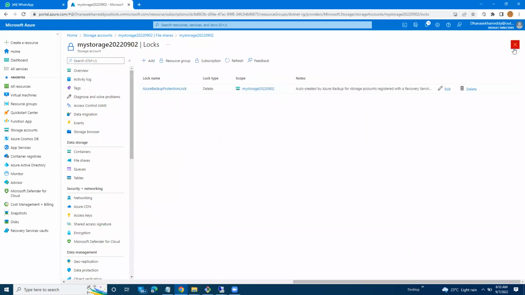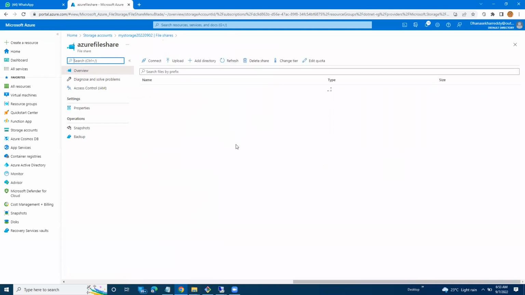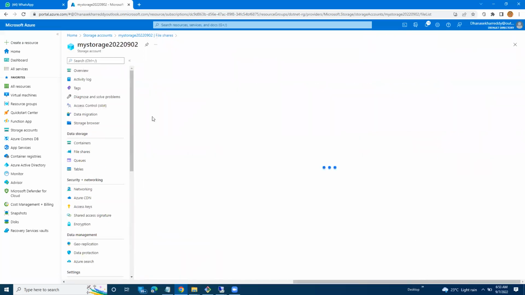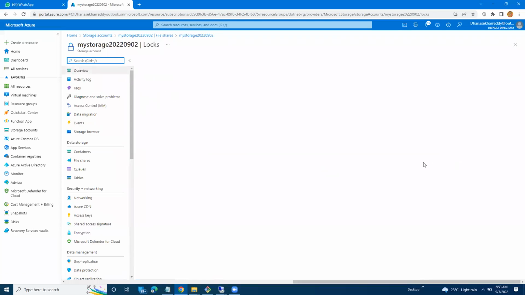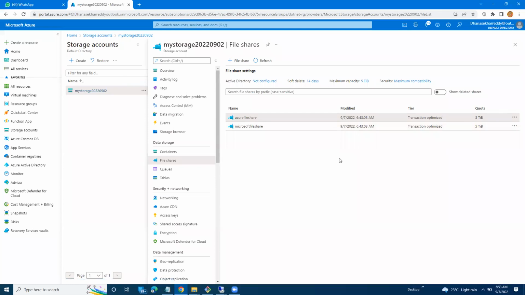So what does it mean? We cannot delete what? File shares. Under this file share, you can delete the files. Why? Because locks are in place. When I try to delete it, see, it is showing that locks are there for the storage account. So what does that mean? Once backup is configured, locks will be there. No one can delete it. Even by chance, if you remove the lock and delete it,